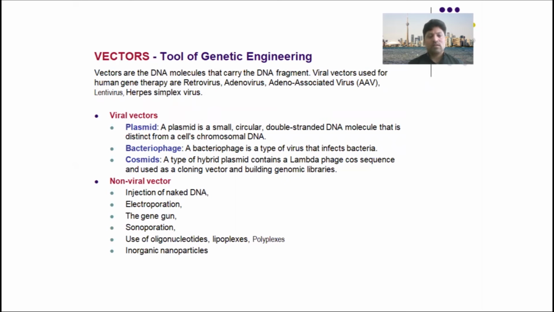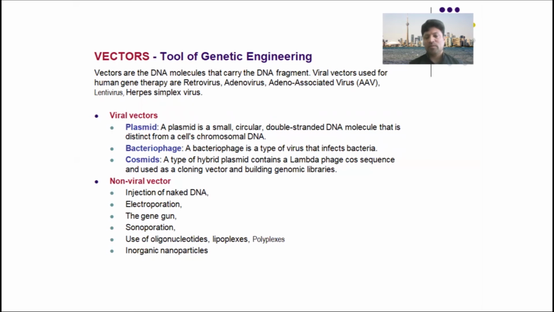Vectors are of three main types: the plasmid, the bacteriophage, and the cosmid. A plasmid is a small circular double-stranded DNA molecule that is distinct from a cell's chromosomal DNA. A bacteriophage is a type of virus that infects bacteria. A cosmid is a type of hybrid plasmid containing a lambda phage cos sequence and used as a cloning vector and